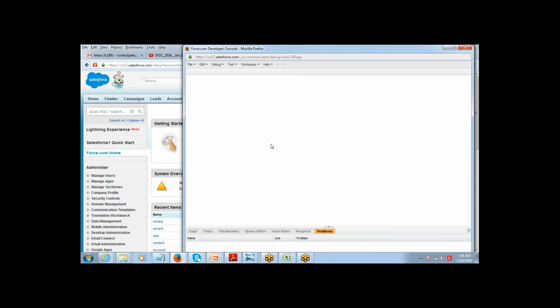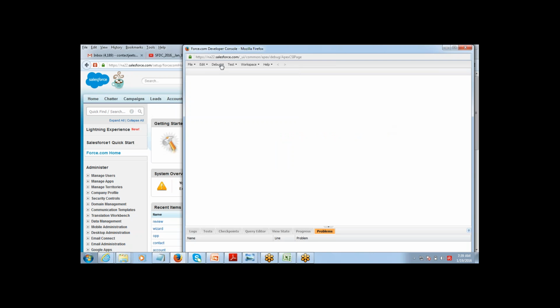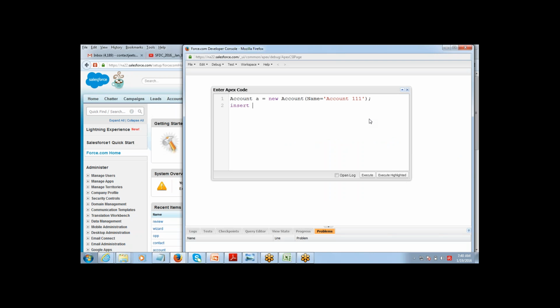To execute an anonymous code block here, you just have to go to Debug and click on Open Execute Anonymous Window. So this is the anonymous window. Again, you just need to come to the developer console, click on Debug, click on Open Execute Anonymous Window. Got it? Now this is where you can write anything and execute the code. For example, I'll say Account a = new Account(Name = 'Account 111'); and then insert a;